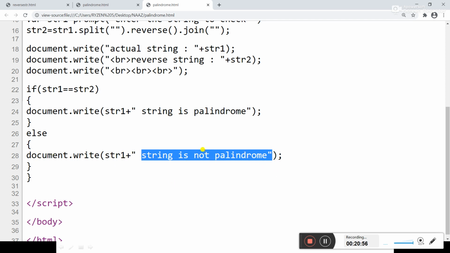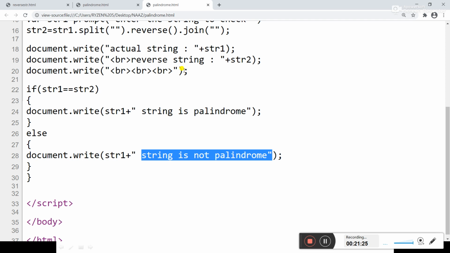It will display this. If the user has entered mom, what is there in str1? Mom is there in str1. So in str2, first we will break the string into characters separately. Then it will reverse this string, so it will be mom again, right?